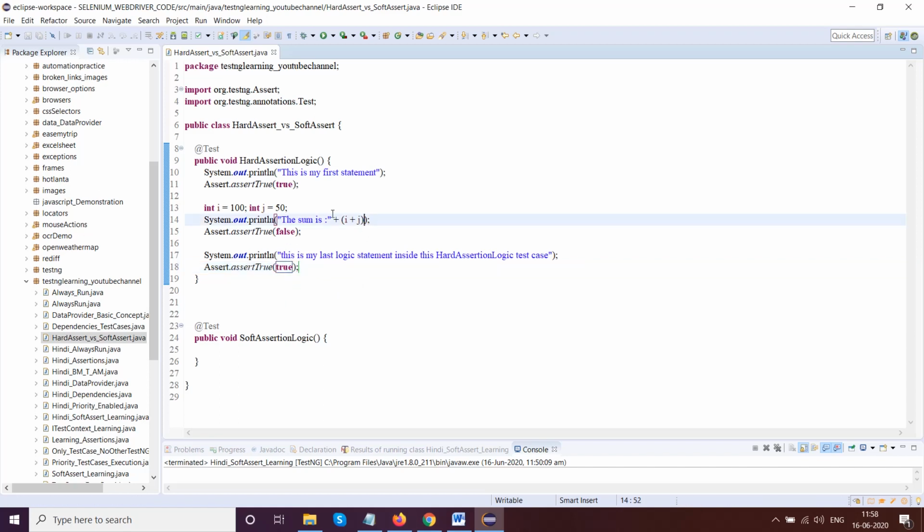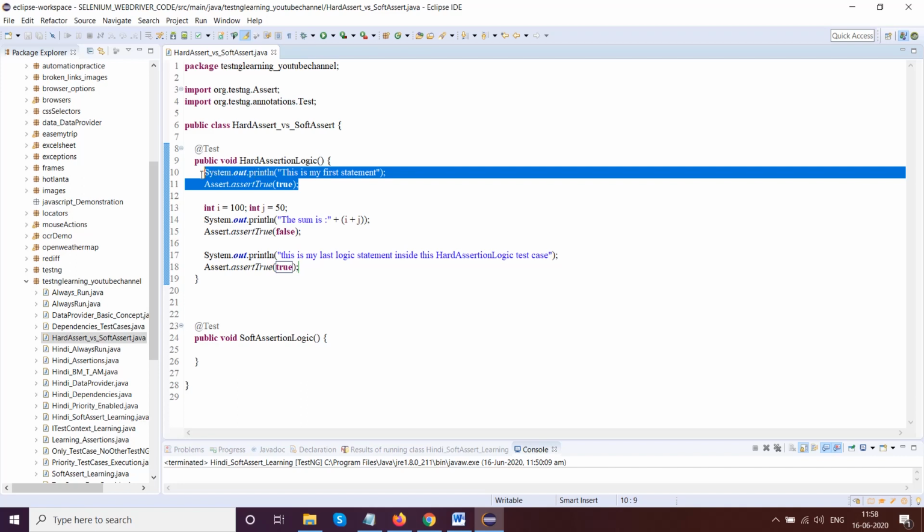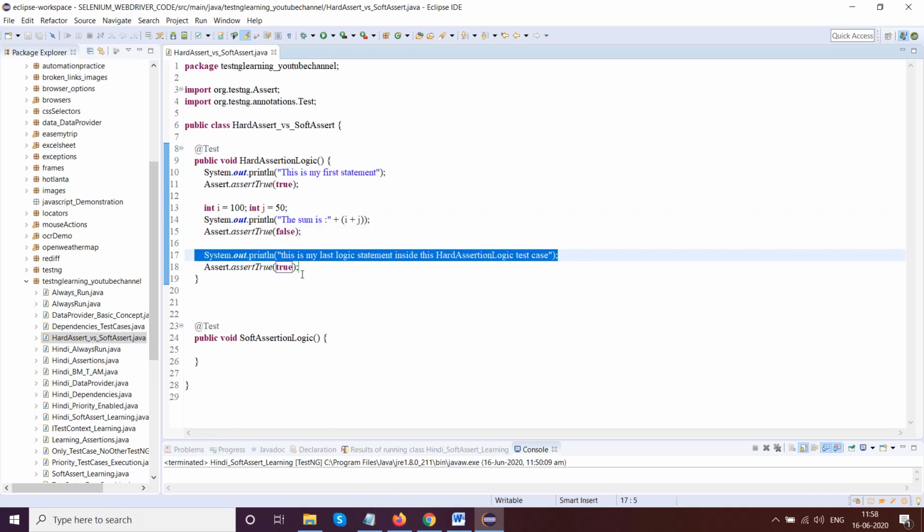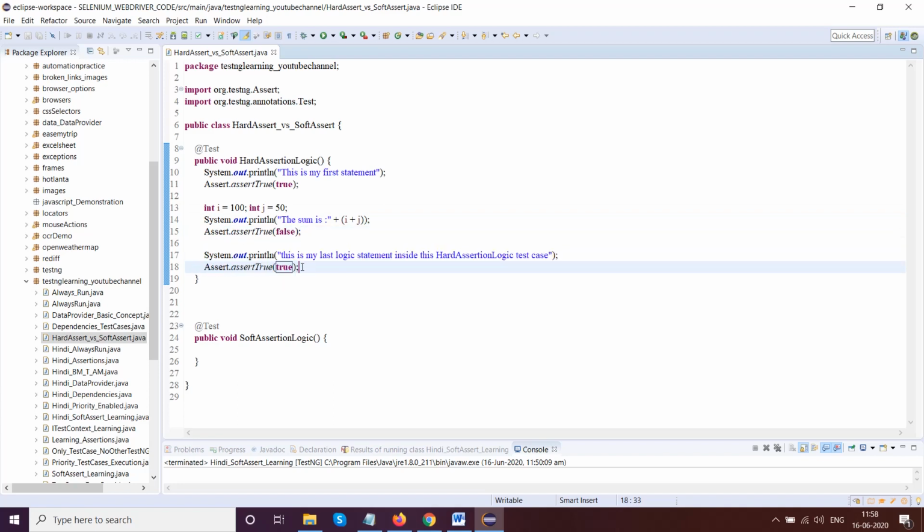Now see, this is my first logic and my first assertion. This is my second logic, my second assertion. This is my third logic, my third assertion, and all these are hard asserts. So this is my first hard assertion or validation, whatever.